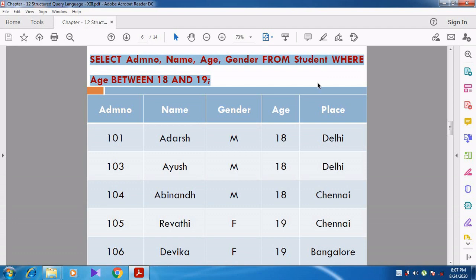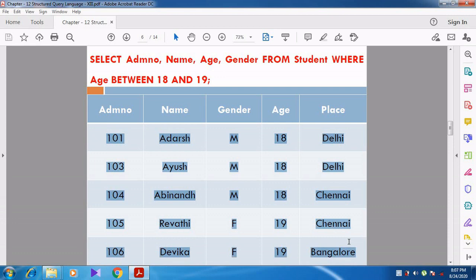Now you can see the students: 101 Adarsh, male, 18; 103 Ayush, male, 18; 104 Abhinand, male, 18; 105 Revati, female, 19; 106 Devika, female, 19. So the records which come under age 18 and 19 alone are displayed.